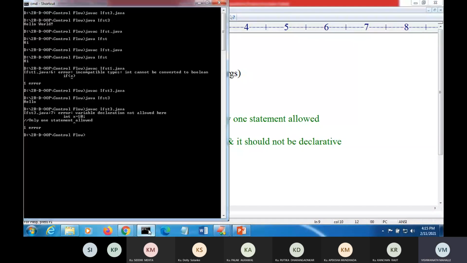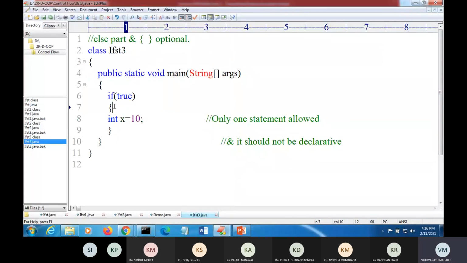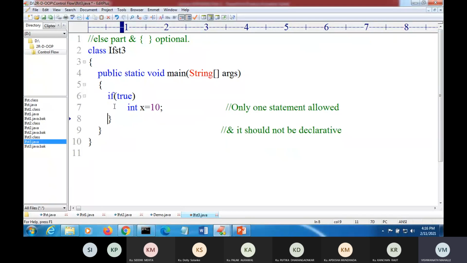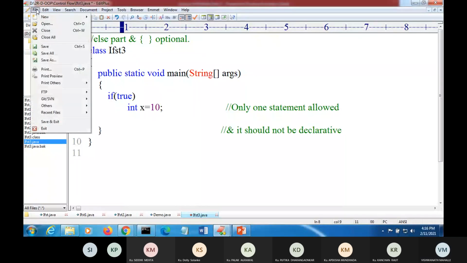It will not print anything, but it will compile the Java. But if you remove the curly braces, then that is not valid. So we cannot write a declarative statement as the single statement with this if, but if we write it in curly braces, then that is allowed. So this is something about if statements.